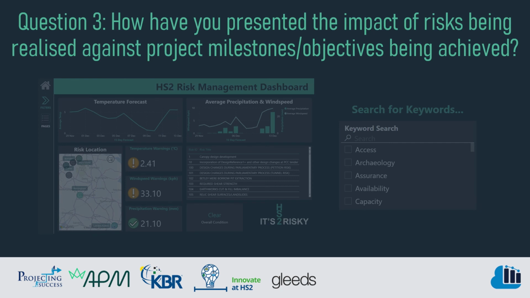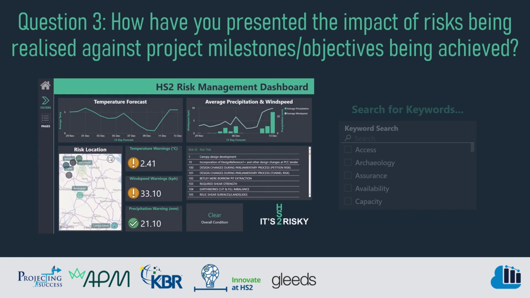For question 3, being able to present the impacts all comes down to being able to see that the event is at risk of occurring in the first place. Using our forecast weather data, we're showing proof of concept to link forecast data sources with live and historical risks to generate a likelihood and a real impact of those events happening. This, combined with the ability to better categorize thousands of historic HS2 risks through keyword analysis, will mean that trend forecast models will become more accurate and projects will be able to achieve